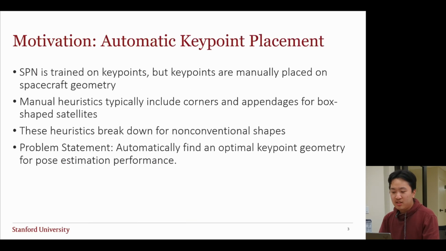solvers. And the motivation behind my work specifically is that SPN is trained on key points, but these key points are currently manually placed on the spacecraft geometry. Typically, if you were doing this, you would abide by some type of heuristic that would include placing them maybe on corners or appendages for box-shaped satellites, maybe like solar panels or antennas. But these type of heuristics can break down for non-conventional shapes, such as cylinders or rockets or even super complicated satellites that you might have a model of, but you might not be too sure where to put the